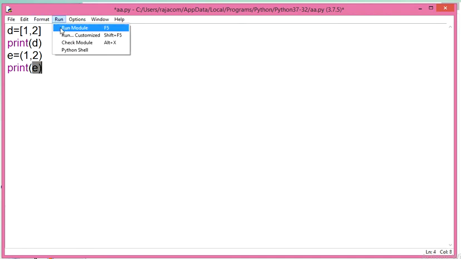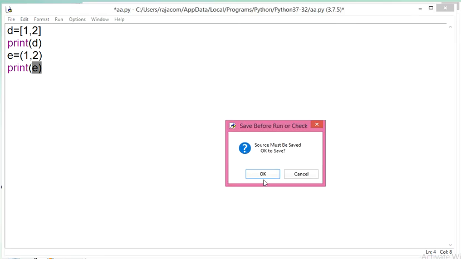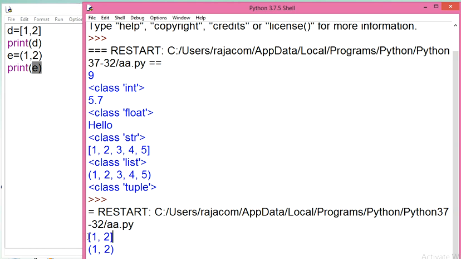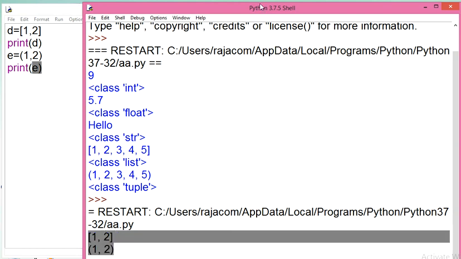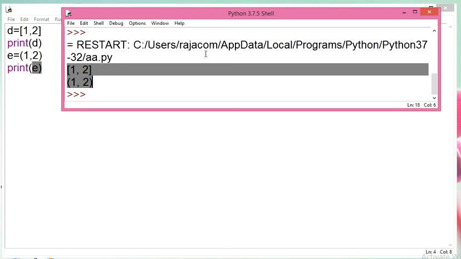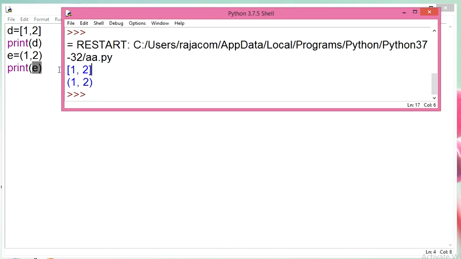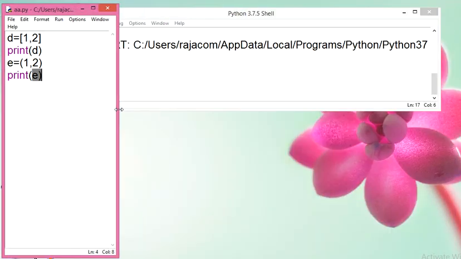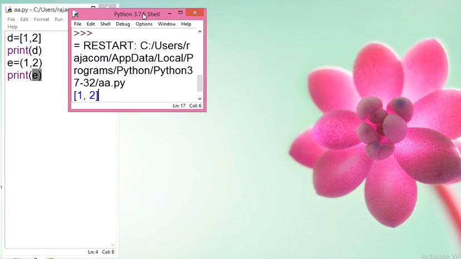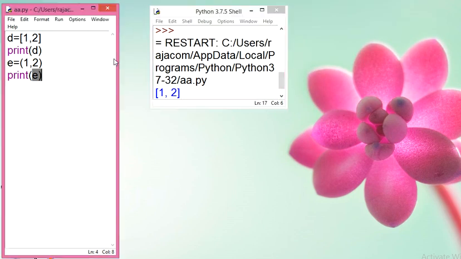Again, just see the result, I'm going to show you. Okay, source will be saved. Now you can see here is the result, 1 2 and 1 2. Okay student, again I am going to display it lastly. One more change I am going to make so that you can easily find the differences, and I am sure it is visible.